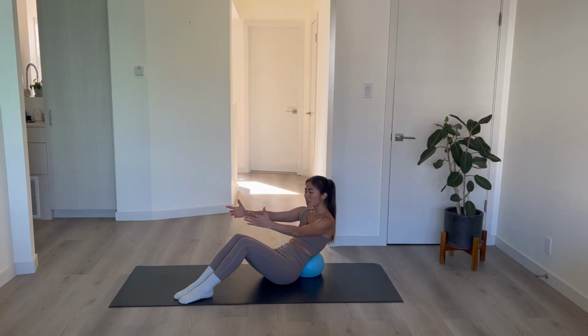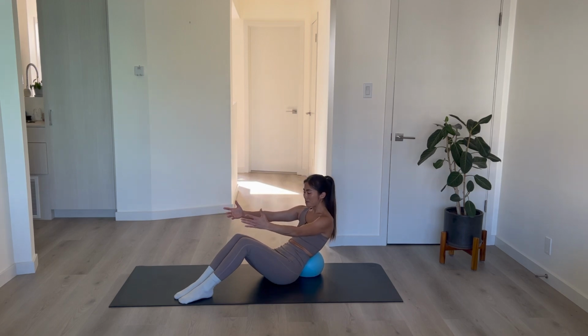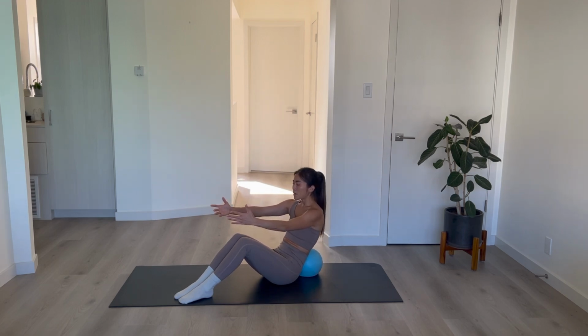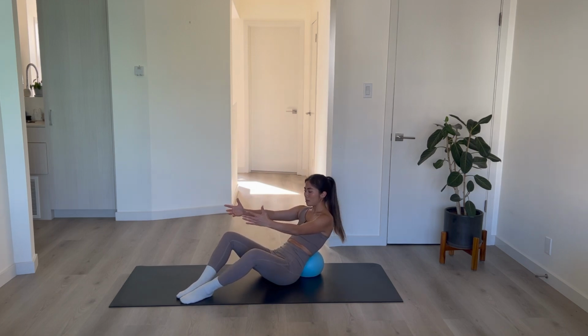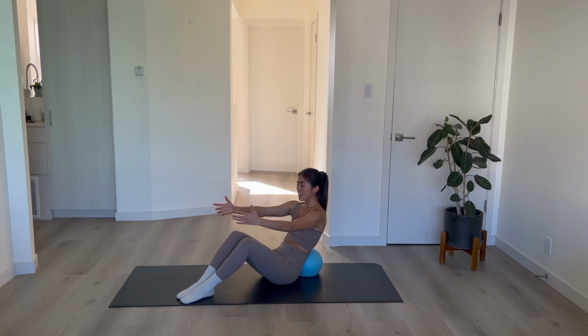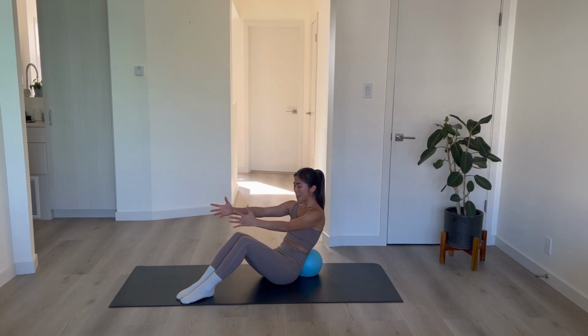So it's like you're applying a lot of pressure into the ball and then you're slightly relieving that pressure as you lift up. This might feel tight in your hip flexors. If that's you, you can butterfly your knees open, keeping your feet together, so keeping those heels glued together. And that should relieve some of the pressure you might be feeling, some of the tightness. All right, in 3 more, we're gonna change it up with the arms. In 2,